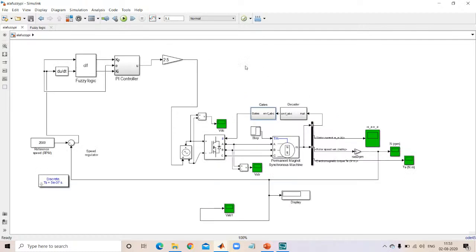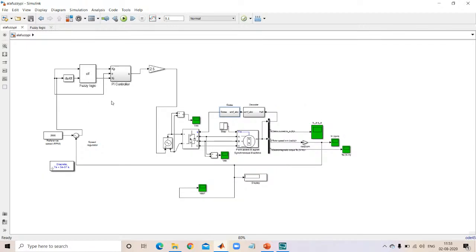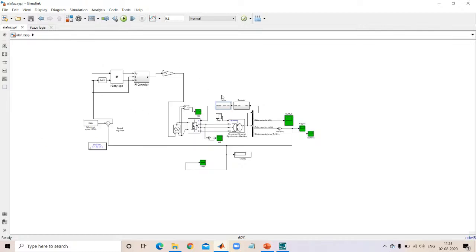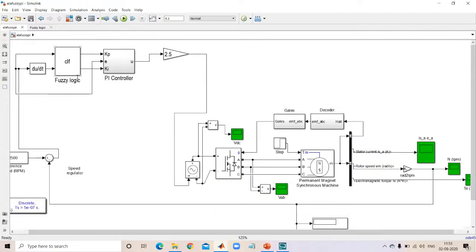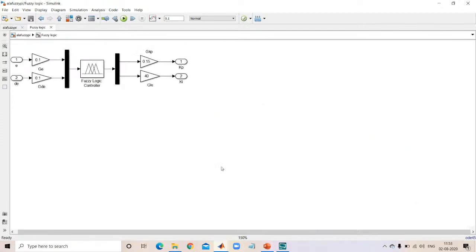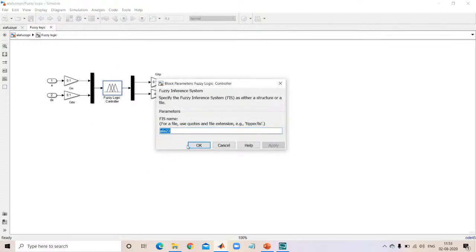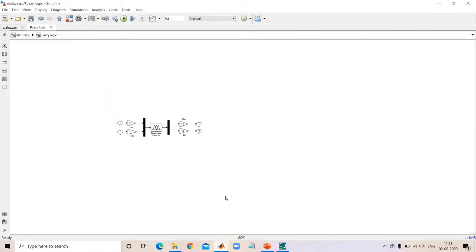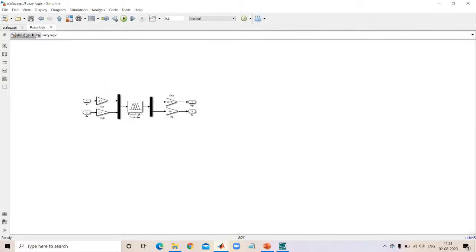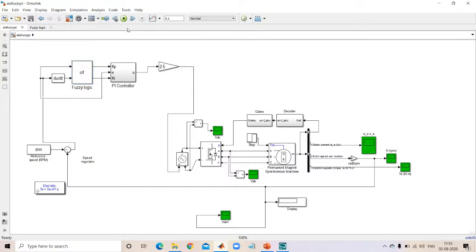If you observe a fuzzy logic controller, fuzzy logic is a degree of membership function. It is designed with linguistic variables only. To import into this fuzzy logic controller, we gave the name here. The fuzzy logic controller we took from the library. How to create the rules: in the command window we need to create the rules. If you run this model,